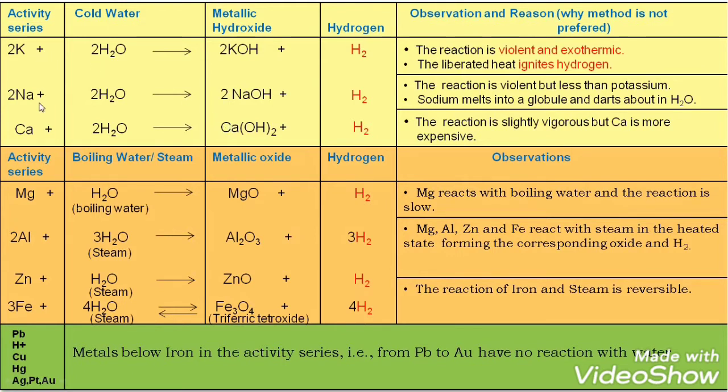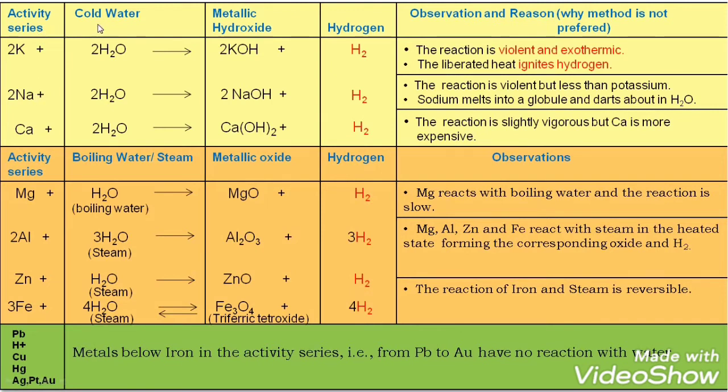Towards the left we have the activity series, which starts from potassium and ends at gold. So we have the series here: potassium, sodium, calcium, magnesium, aluminium, zinc, iron, lead, hydrogen, copper, mercury, silver, platinum and Au. Platinum and Au I have written beside Ag because there is no place here, but you need to write it below Ag itself. Note this. Now let us start with the metals from K to Ca.